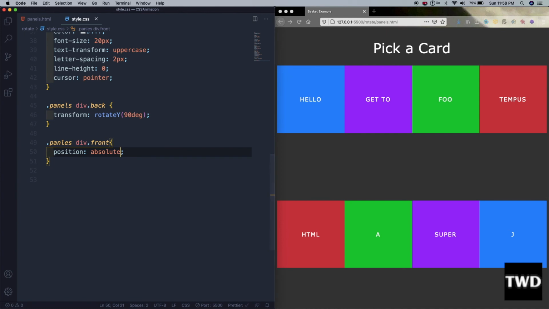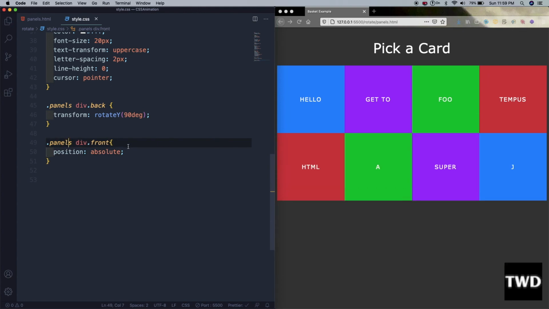So I'm making the position as absolute. Okay, I have written something wrong. Yeah, it should be like this. So absolute, so it is now showing like this.